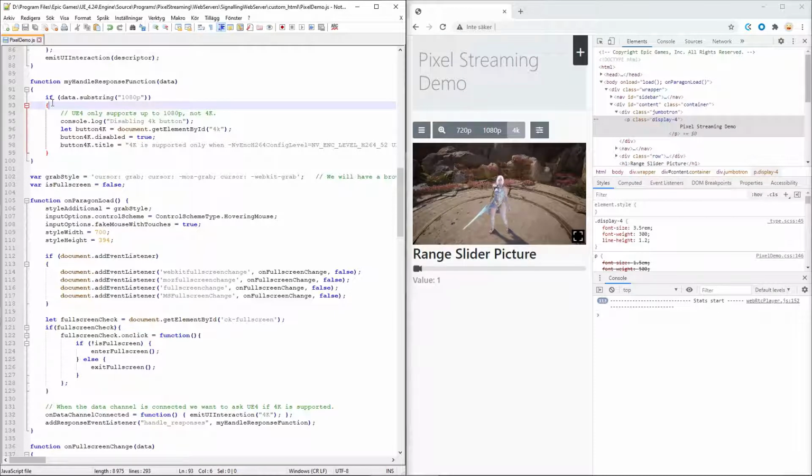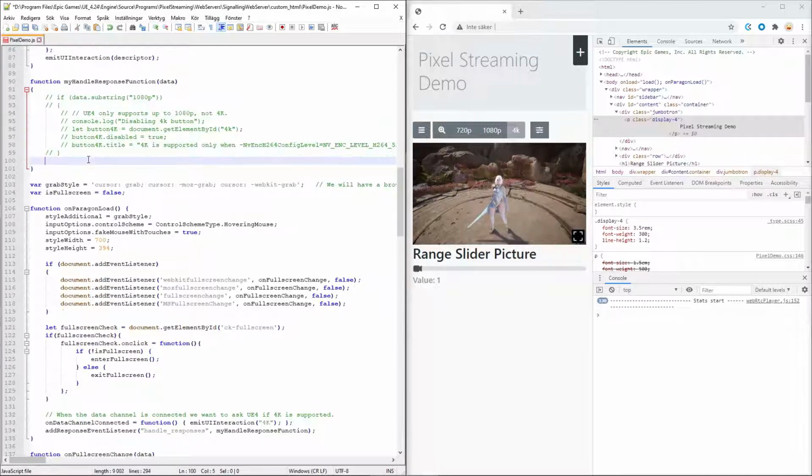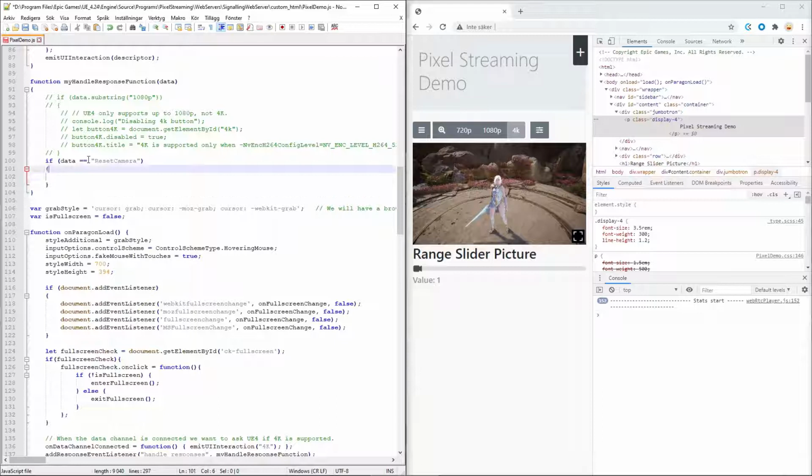But what we want to do is check if the data value is reset camera, like we said before. So what we can start off with is just comment away this so it doesn't get in the way. And then we can make another if check. So if the data is equal to a string value that is called reset camera, then it should enter this check here.